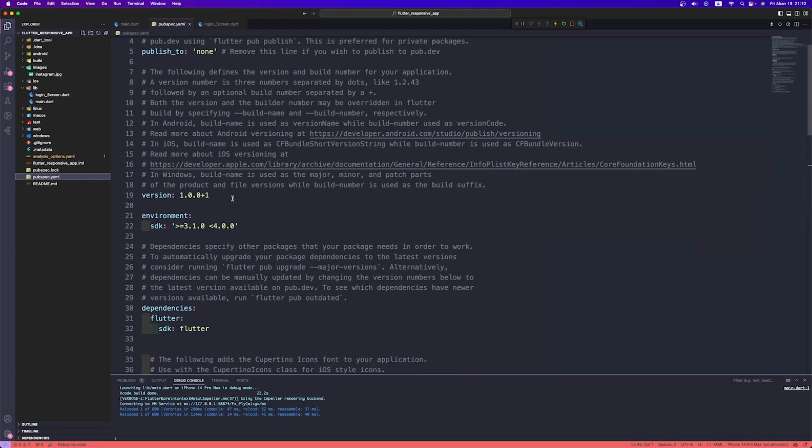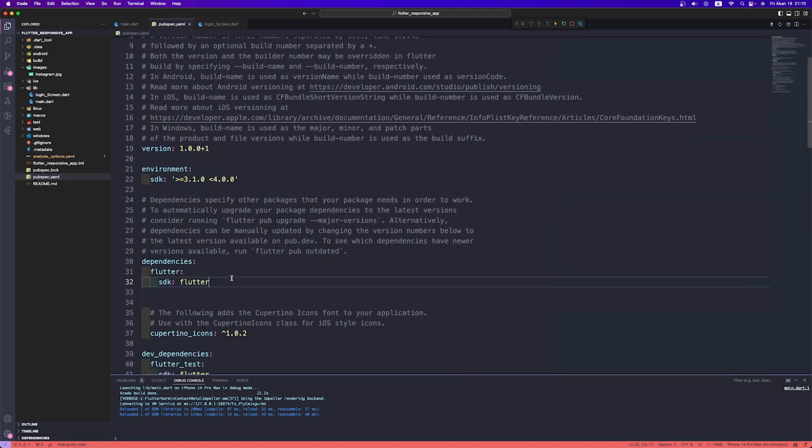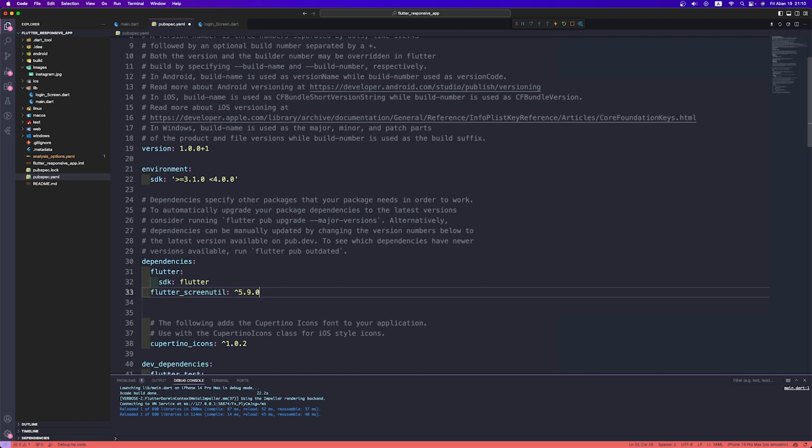The first thing you need to do is add the ScreenUtil package to your pubspec.yaml file. Head over to your project, open the pubspec.yaml, and under dependencies, add